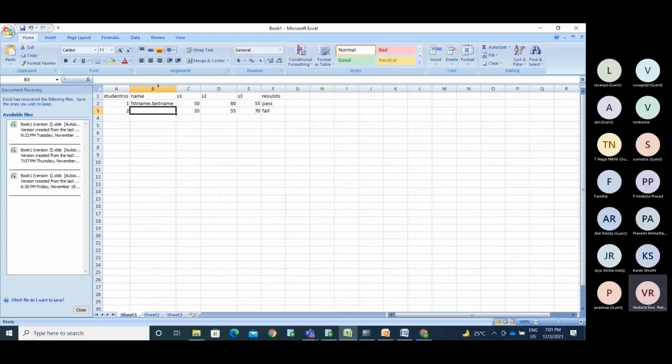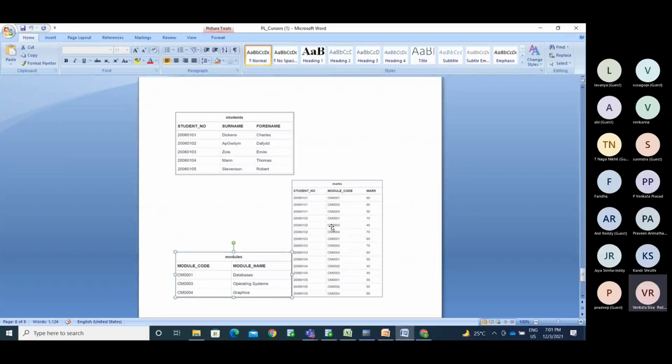I need to display it in this way. That is another thing.